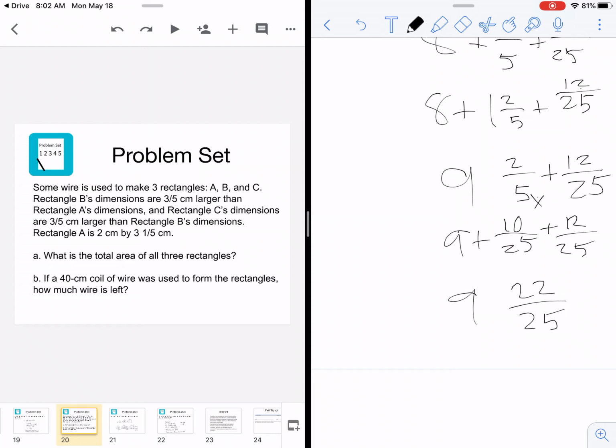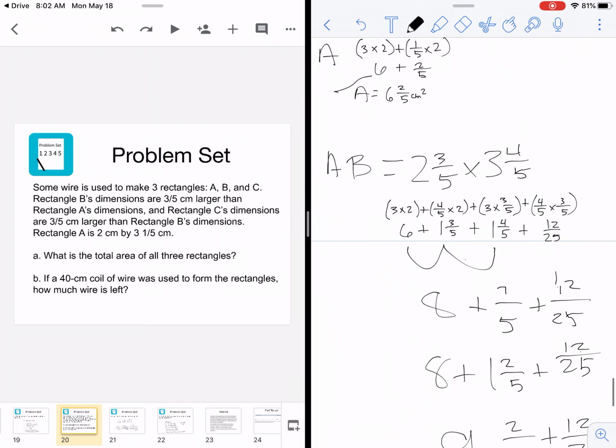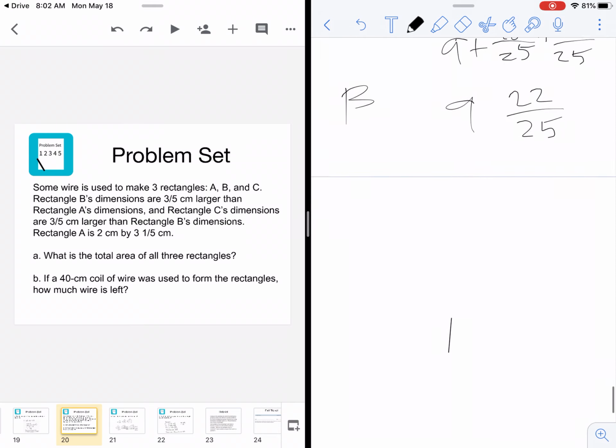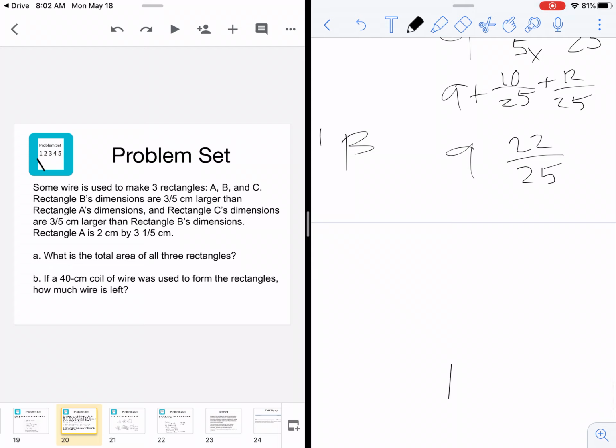Wow, you guys. So that's just for B. So the area of B is 9 and 22 25ths, and then we have the area of C. So the area of C, I'm actually going to make